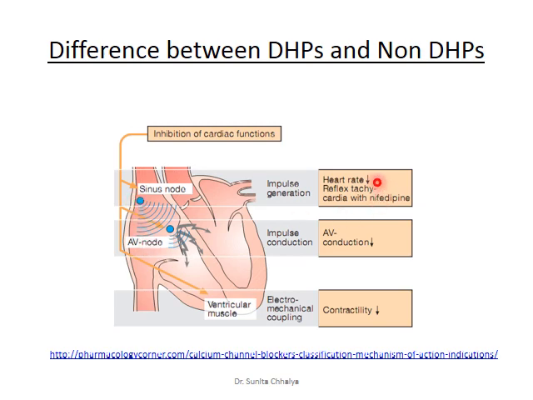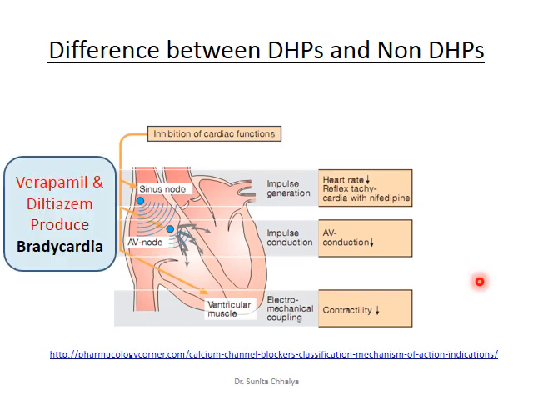They reduce automaticity, they reduce heart rate, they reduce AV conduction. So both activities ultimately decrease the cardiac contractility. So we can say that non-dihydropyridine derivatives produce bradycardia,